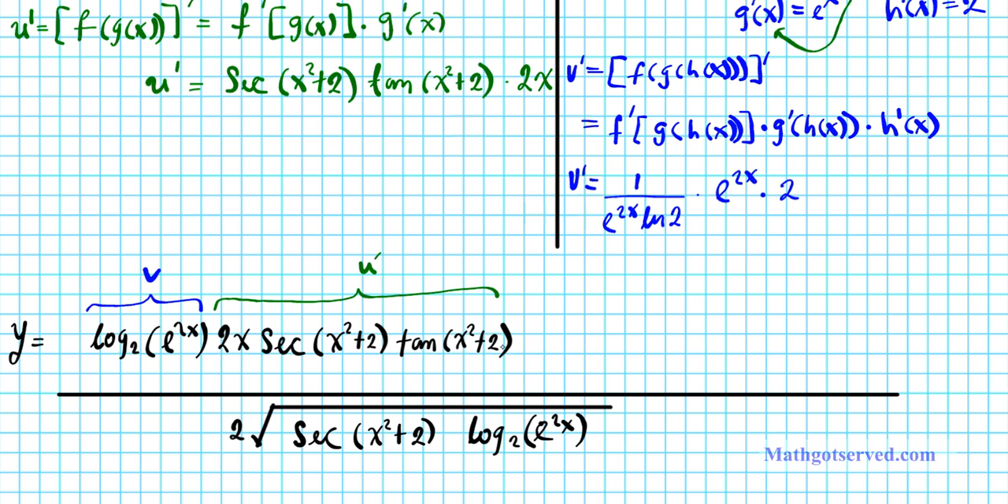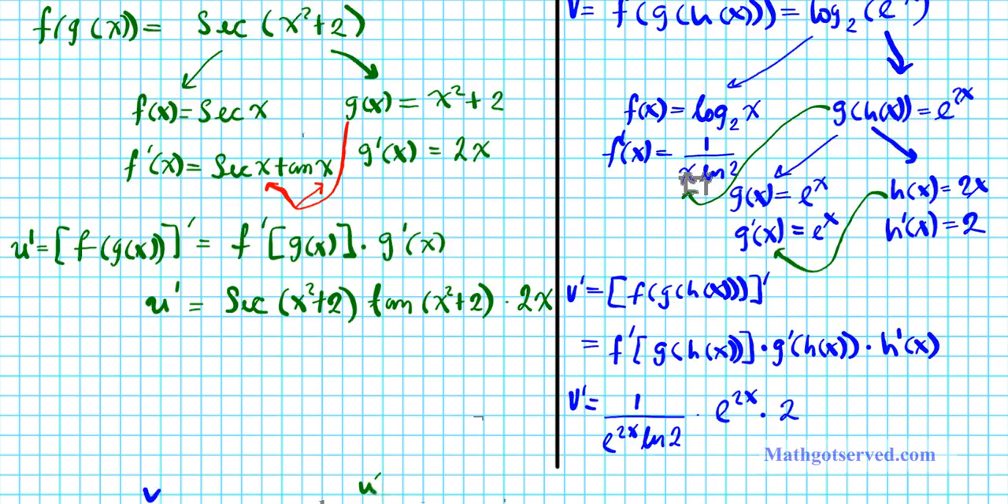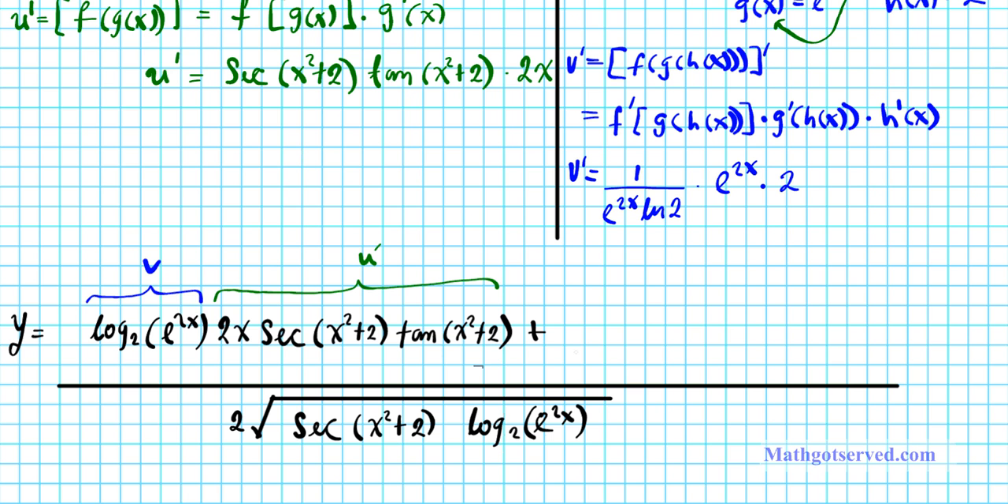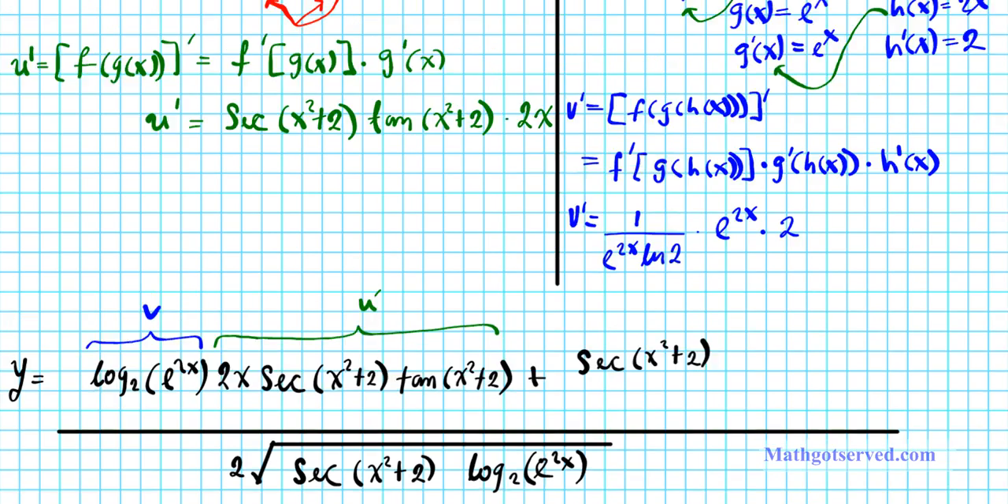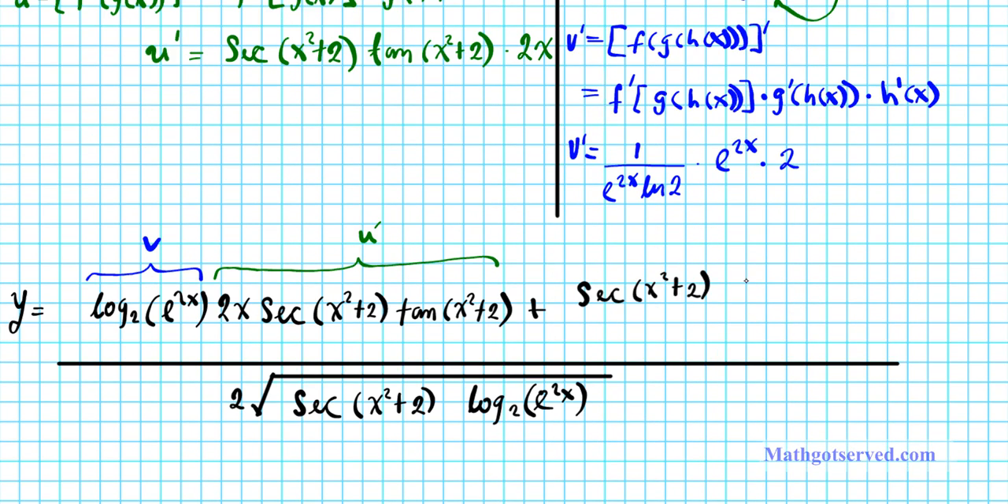And then what are we going to add here? We're going to add plus u v prime, okay? So u is secant x squared plus 2, so times secant x squared plus 2. We can even look down here, this is u and that's v, okay? Secant x squared plus 2 times v prime. So v prime is 2 e to the 2x, the product of these two,